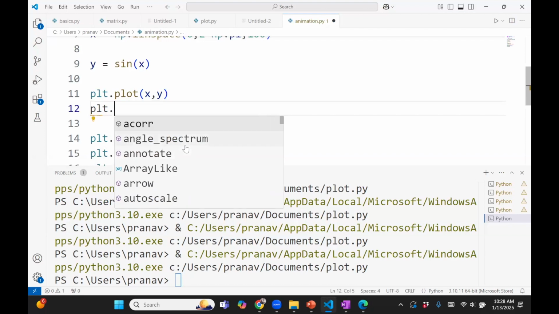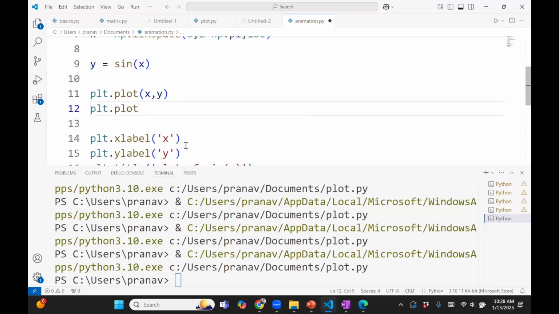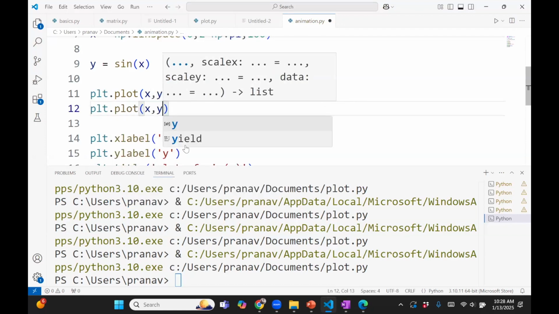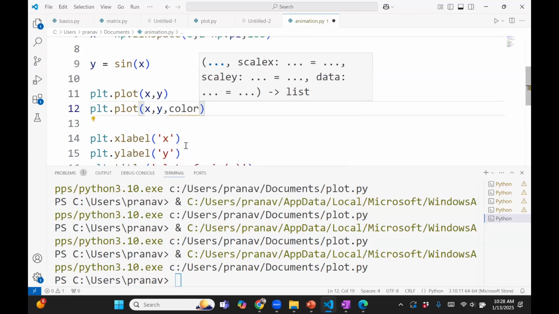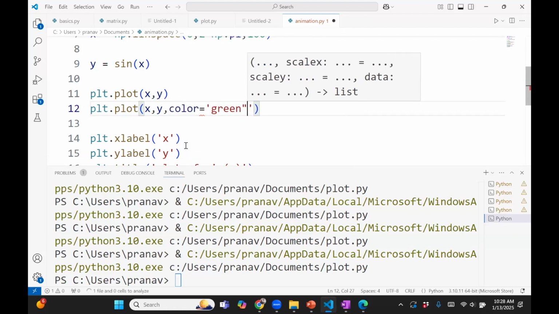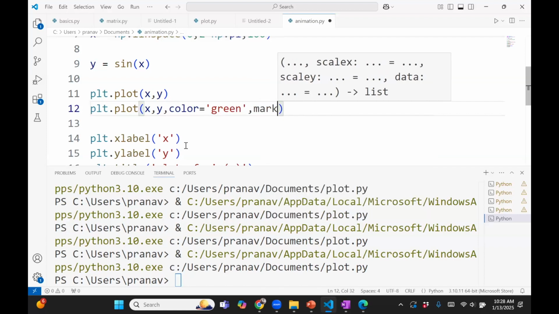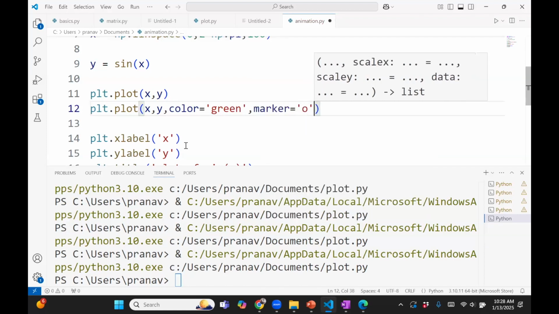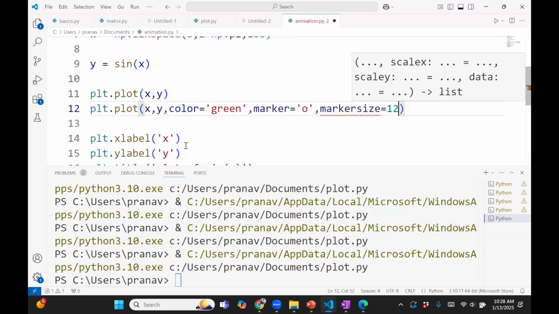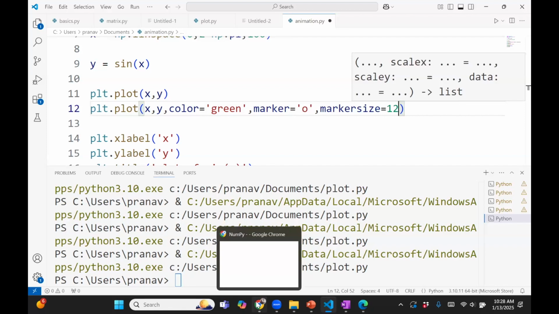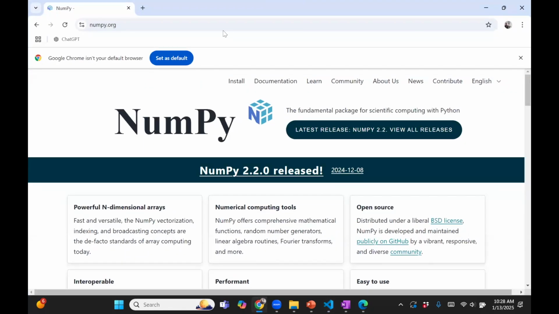So plt dot plot. I'm going to do the same plot, x comma y, but instead of using the blue line you saw, I'll just use a marker. So for that, we need to give it a color. Marker, say O, and then marker size. Okay, so how do I get this? Well, one way of figuring out what this syntax looks like is, of course, you could put it in ChatGPT, but you could also go and say